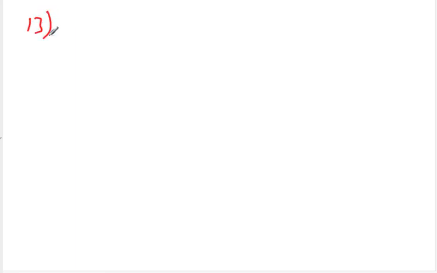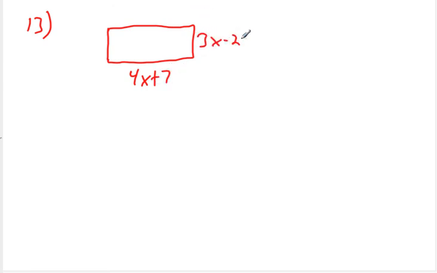This is a rectangular campground, has a length of, well, as soon as I read rectangular campground, I'm already going to draw a campground, or a rectangle in this case. Has a length of 4x plus 7, and a width of 3x minus 2. What is the area? Well, area is just length times width, so this is a very simple problem that we're